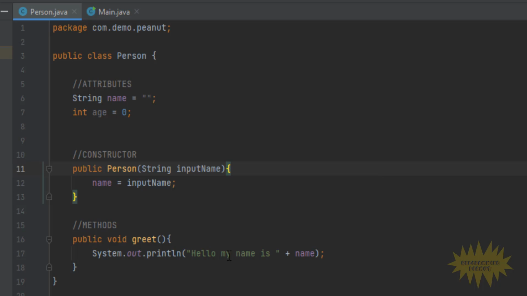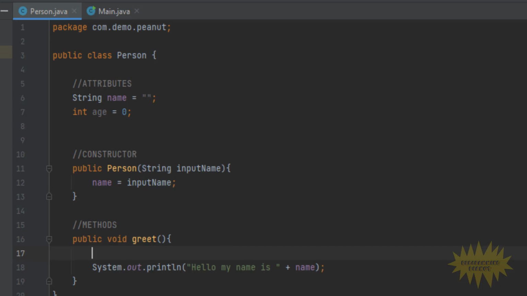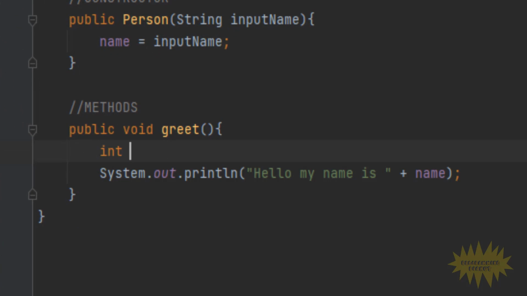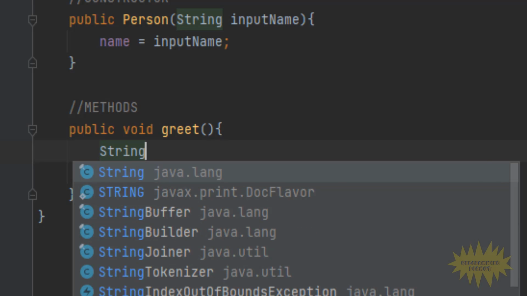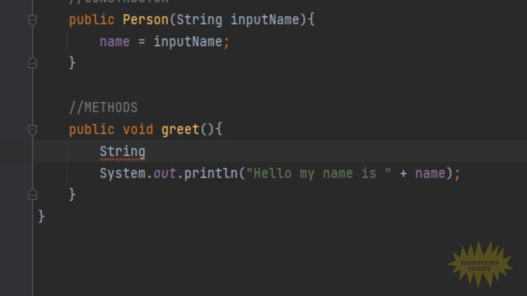When you create a variable inside of, say, a method, okay, because you can do that as well, here you can create a variable, and we'll make it of type string, and we'll call it nickname, and we'll assign the value of that, okay? All right, so as you can see, I created a new variable, but this variable nickname, I can